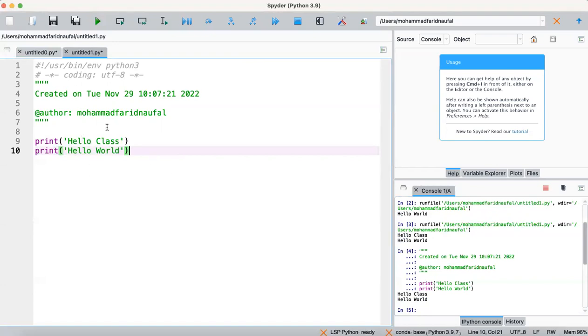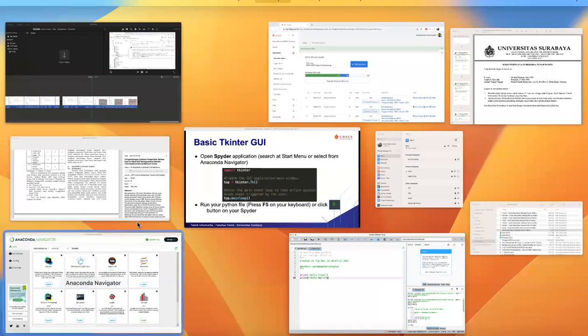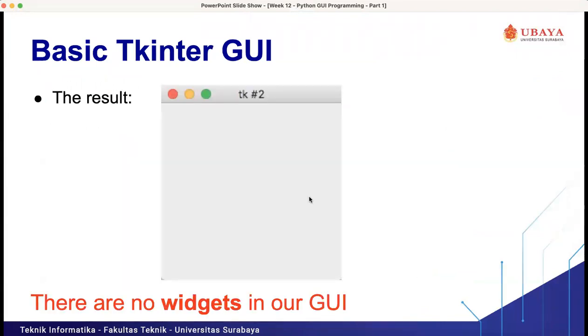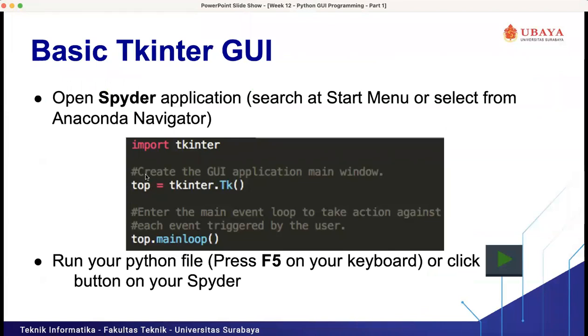Okay, the first thing we need to do to create the GUI application is import tkinter. Then we create a variable here, top, to create the GUI application main window. If we want to create a window in our Python program, we create a variable top equal tkinter.Tk.